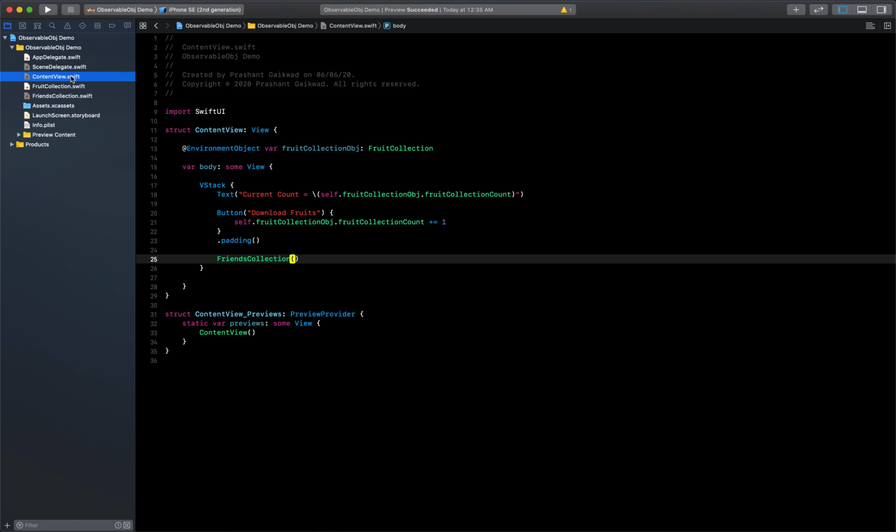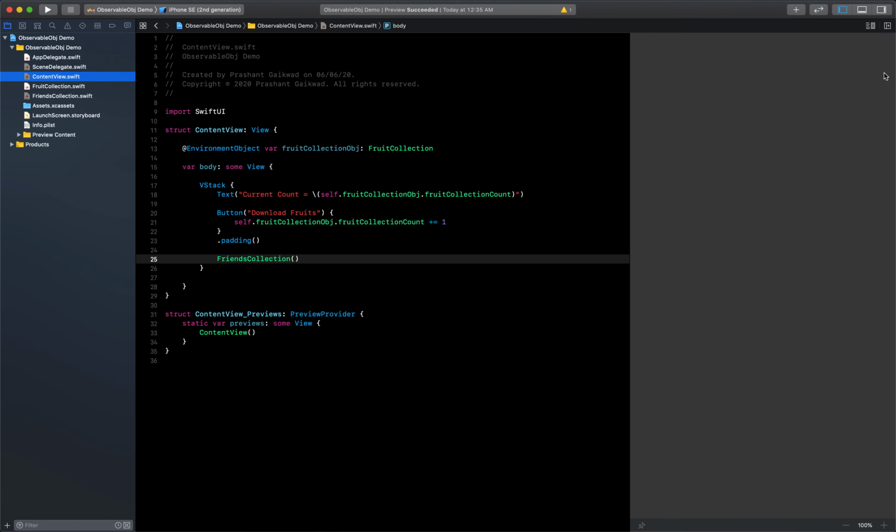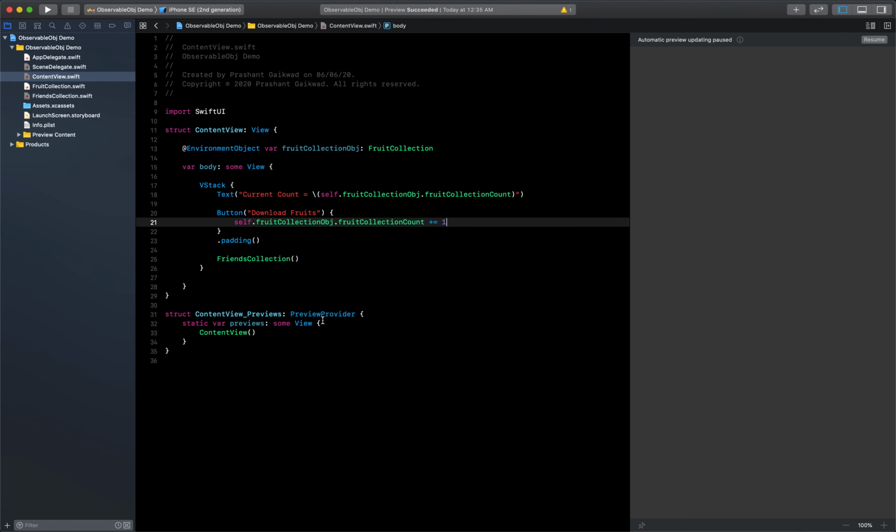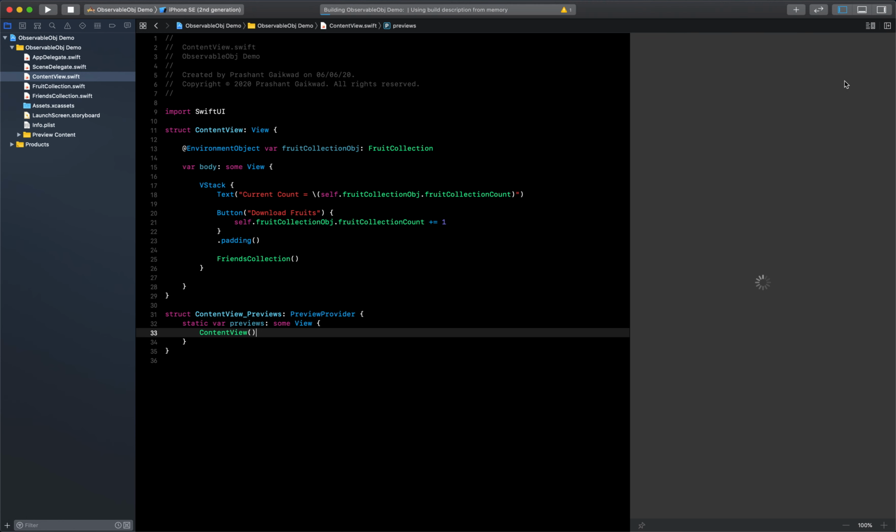Okay, coming to our content view, let me again enable the canvas. And one more thing, since you have this now you can see one error, that this canvas view somehow gets a problem in displaying.